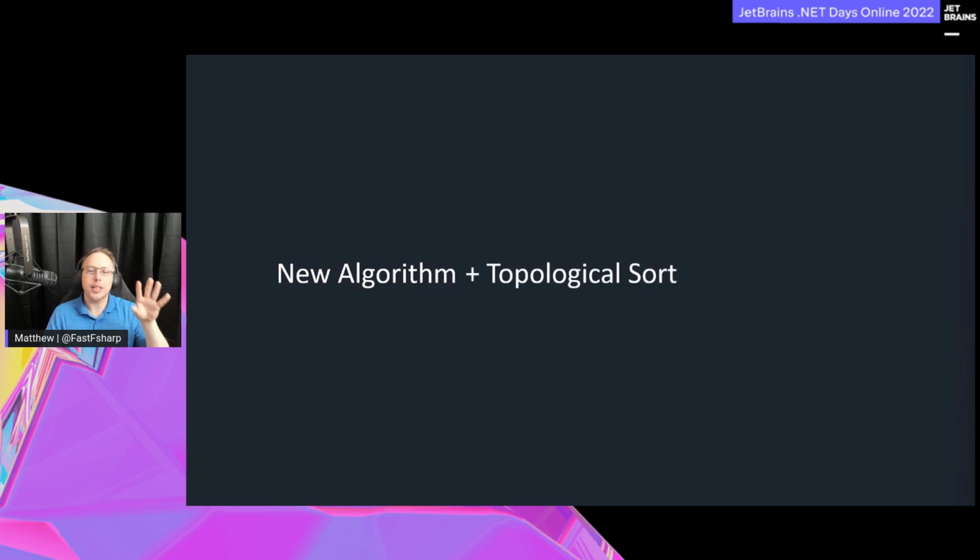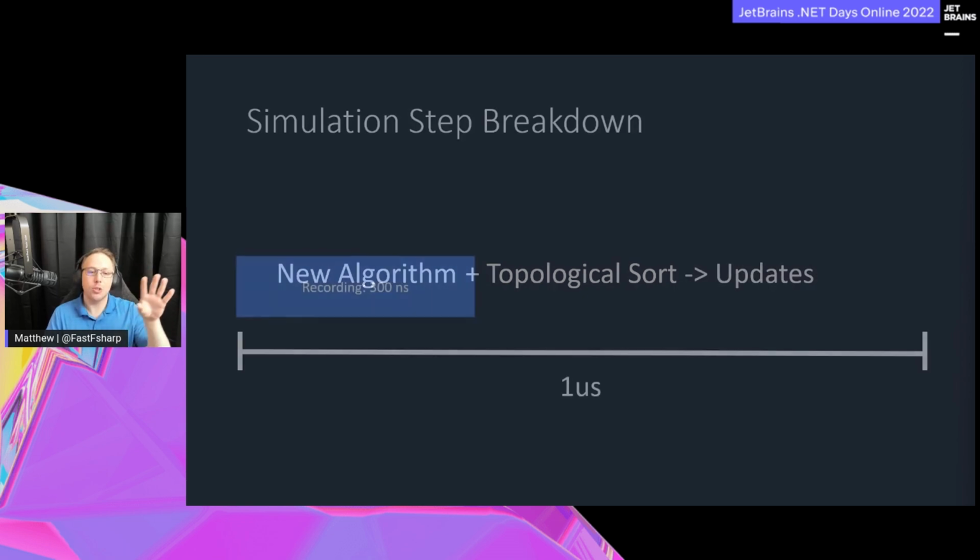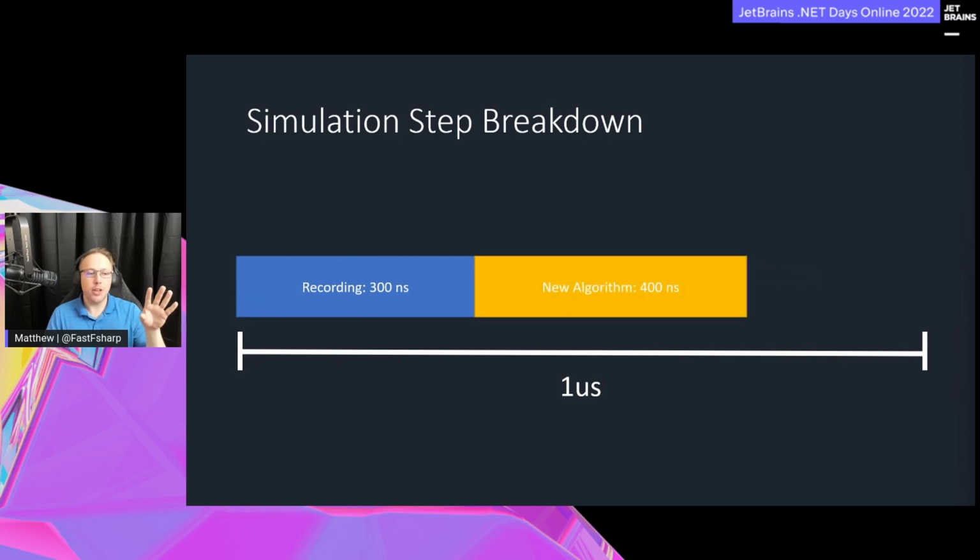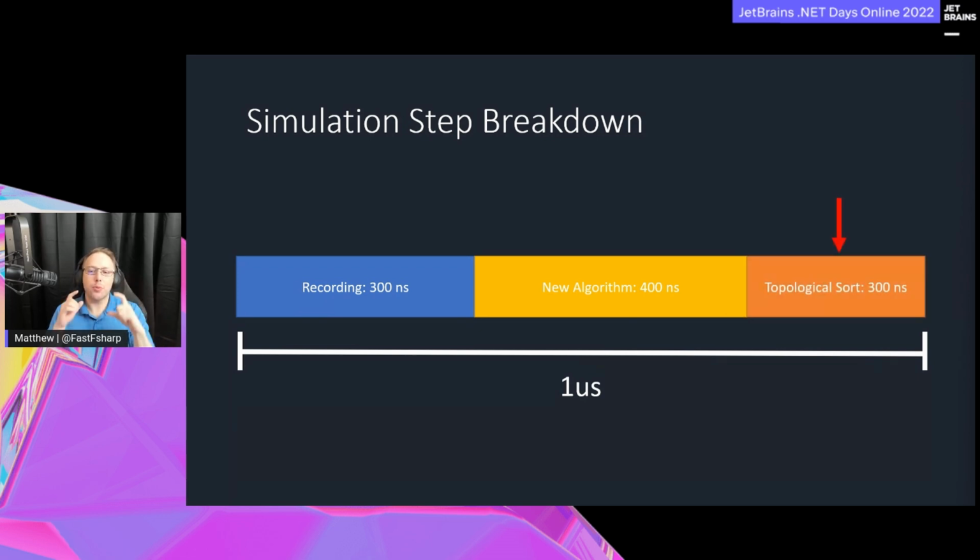And so we developed a new algorithm for solving the state of the system, and this is where a little bit of proprietary stuff is, so I'm not going to go into that. But that new algorithm requires a topological sort. And if you have those two things, you're able to evaluate the updates. So now let's come back to our time budget. 300 nanoseconds for recording, 400 nanoseconds for this new algorithm that we developed. That's much faster. But you need the topological sort, and we only have 300 nanoseconds in order to compute these